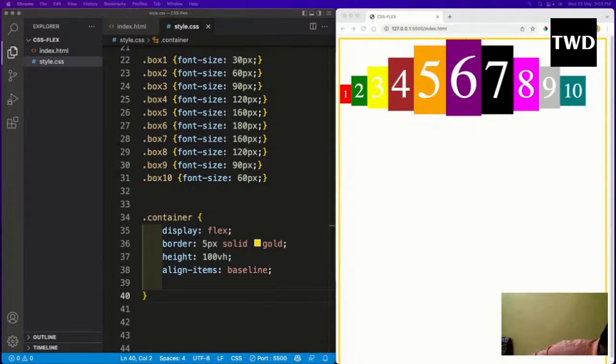So now we will be moving to the next property of CSS Flexbox, which is basically the flex container property, which basically aligns items across the cross axis when there are extra spaces available. So this property has no effect when there is only one line of flex items. So let me use the basic